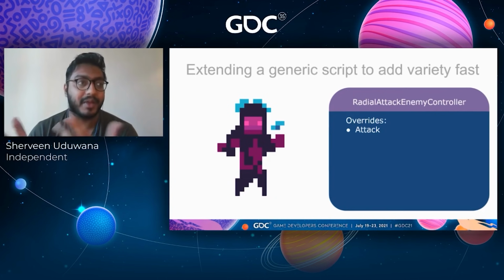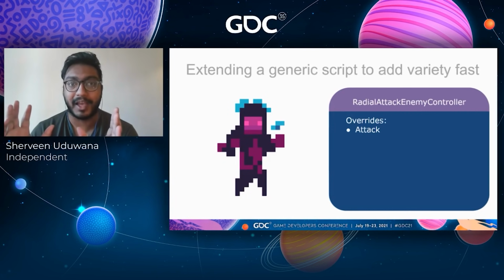In reality, I made the ranged enemy next, probably, but this is just a thing that I did almost immediately after that, which was we had ranged enemies, and I made one that could do kind of a circular attack instead of a regular ranged attack. And all I had to do is, again, modify that virtual attack method. And now this enemy works.